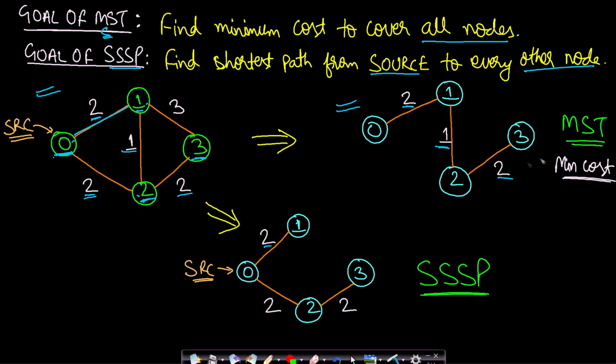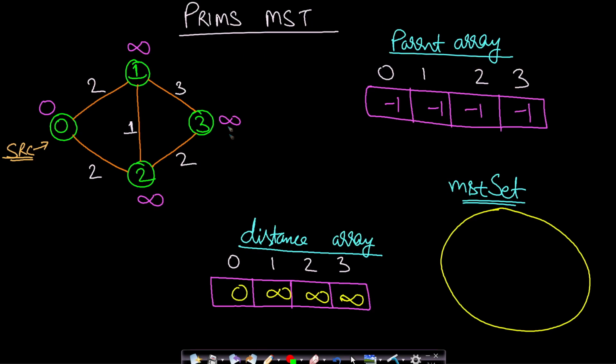Okay, you can see that this minimum cost spanning tree and the SSSP graph both are different. They are not the same. But if you look at the algorithm, then the Prim's algorithm and the Dijkstra algorithm look very similar. Okay, so let us look at both the algorithms quickly, and I will tell you what is the difference between them. If you want to learn Prim's algorithm as well as Dijkstra algorithm in detail, I have already made the detailed video. The link for that will be present in the description below. You can go there and watch them.